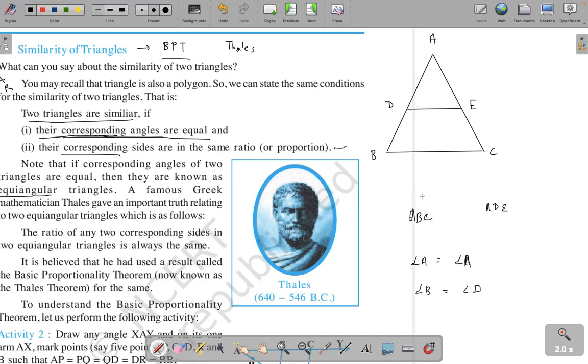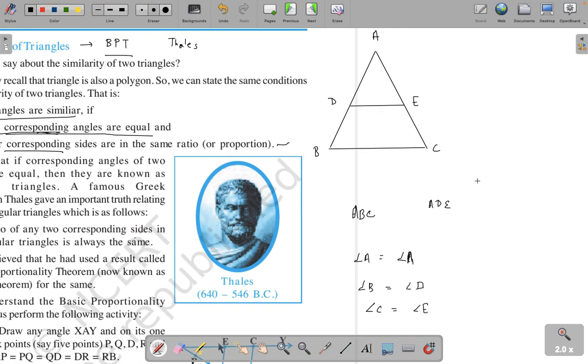So I was saying we can write angle A is equal to angle A, angle B is equal to angle D, and angle C is equal to angle E. These are the three criteria. So that means these two triangles are similar. Now what Thales noticed was that if you take the sides of these two triangles,